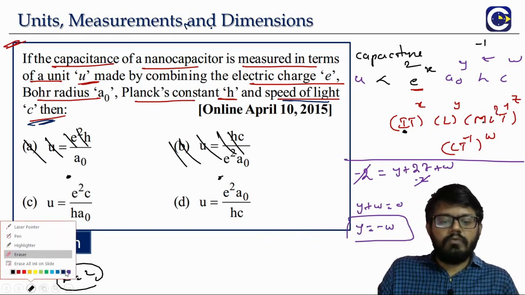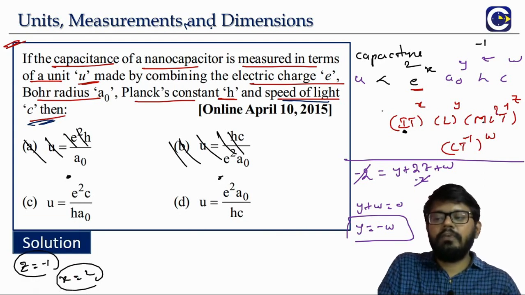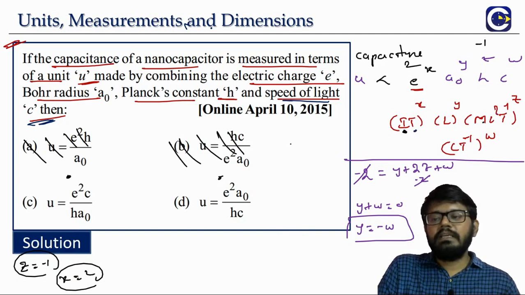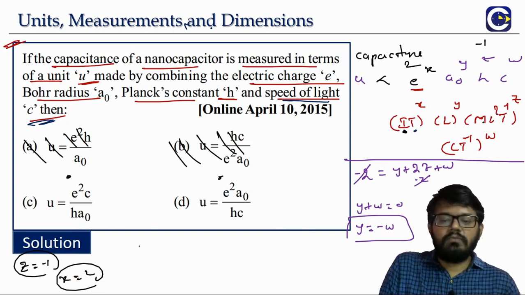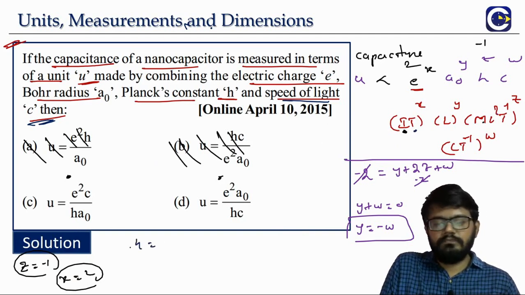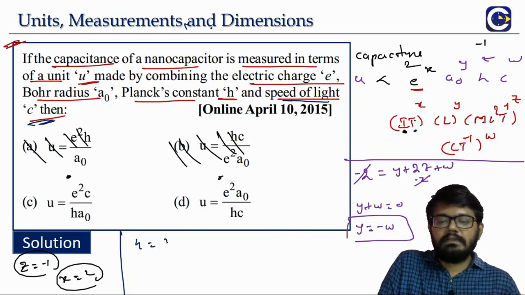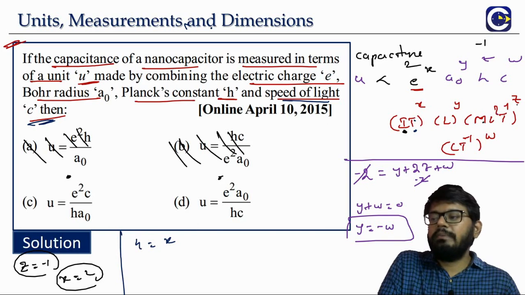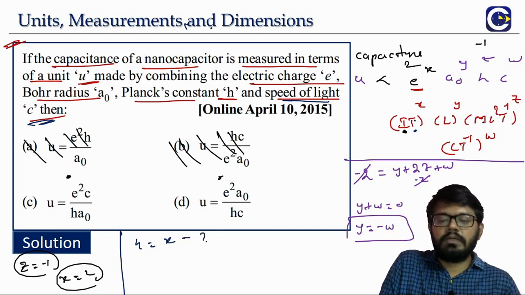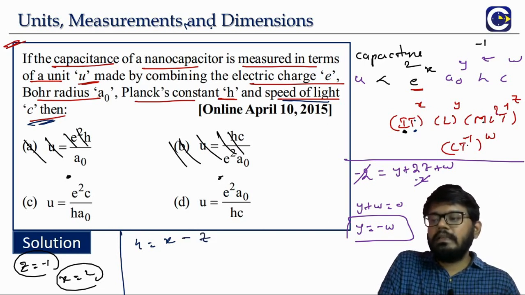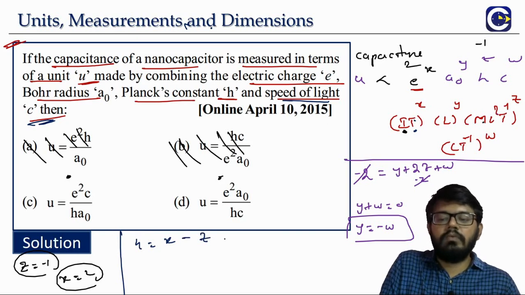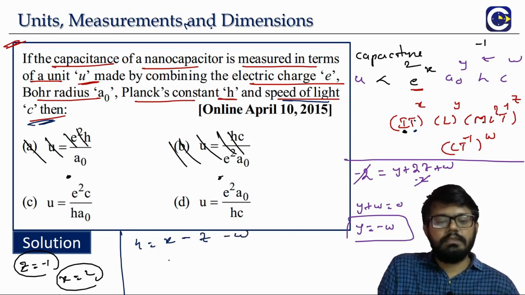Now we will go for the last one. What is it? The power of T. So if we compare the power of t, left side what is it that we have? We have 4 power of t. Right side t power x. Then we have t power minus 1 whole power z, means t power minus z. Then here what we have? t power minus 1 whole power w, means t power minus w. So in this, x we know what is the value of x?